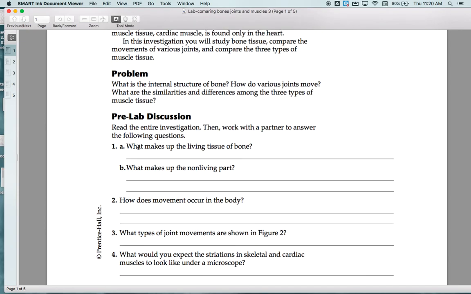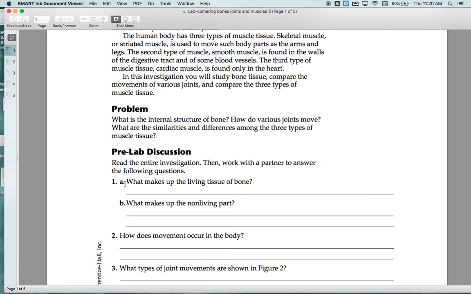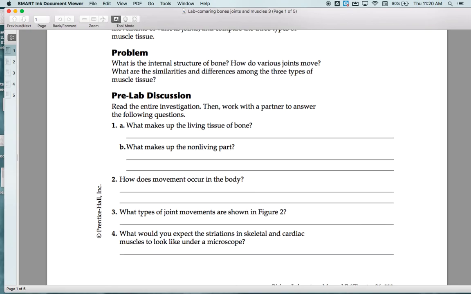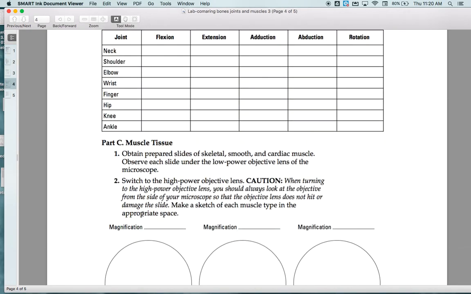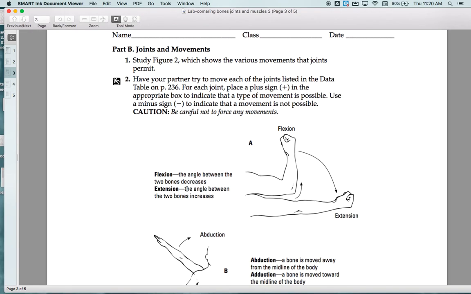In the pre-lab investigation, if you read back up here these first couple paragraphs, you'll answer questions 1A, 1B, 2, and then for question 3, you're going to scroll down here to this table, part B, and these are the